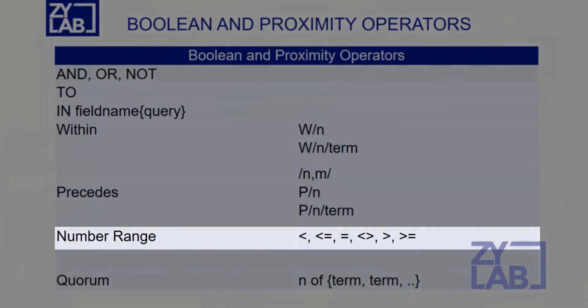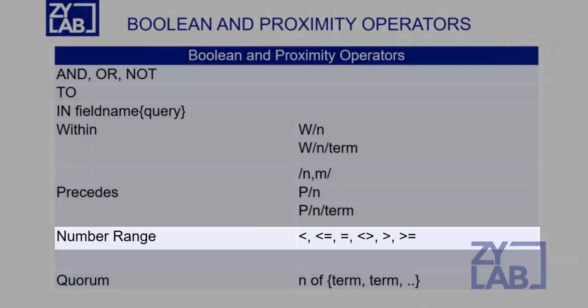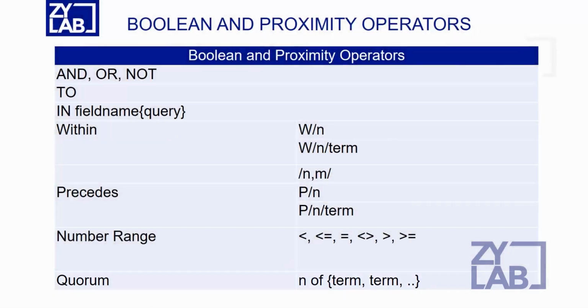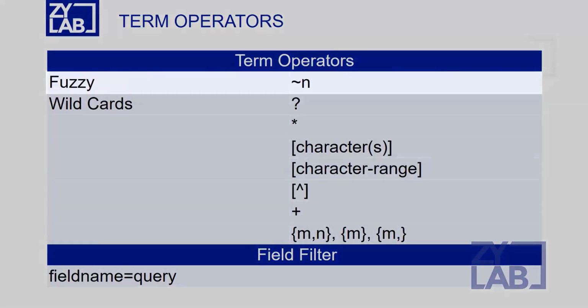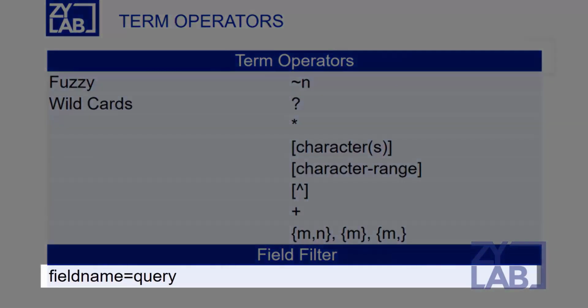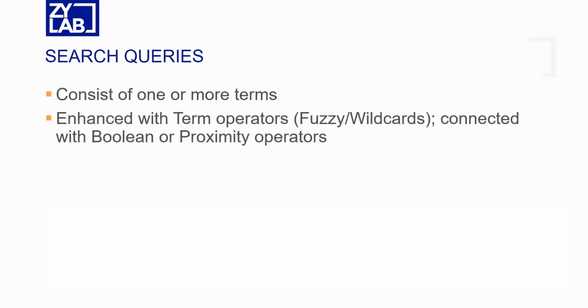Using number ranges for dates and numeric values can provide more focused results. The quorum operator can be used to more efficiently search using a list of keywords. The queries can further be enhanced by using term operators such as fuzzy search, wildcards, and field filtering. A search query consists of one or more terms. The terms can be enhanced with term operators such as fuzzy search and/or wildcards, and connected with Boolean or proximity